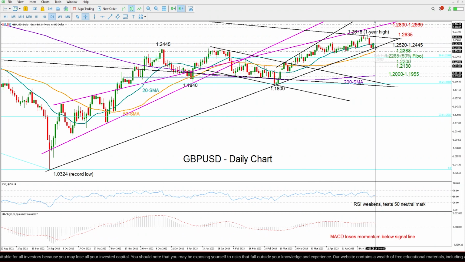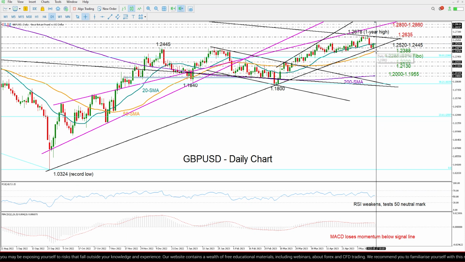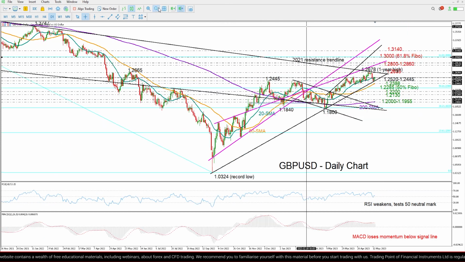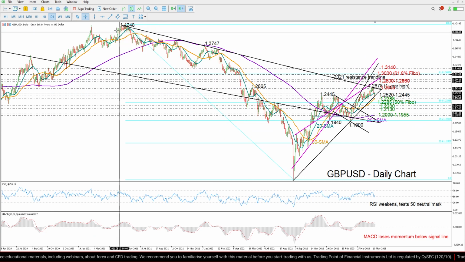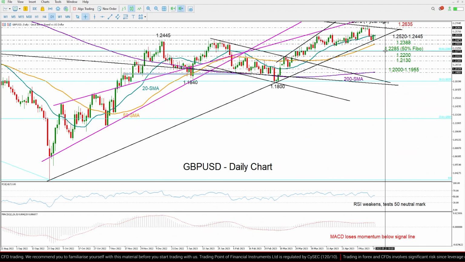So another negative correction here, and particularly an extension below the 50-day moving average at 1.2388, could generate fresh downside moves, likely towards the 50% Fibonacci retracement level of the 2021 and 2022 downtrend seen at 1.2285. If this fails to hold, then some consolidation may emerge somewhere between 1.22 and 1.2130 before we head towards the 1.20 psychological mark and the 200-day moving average slightly lower at